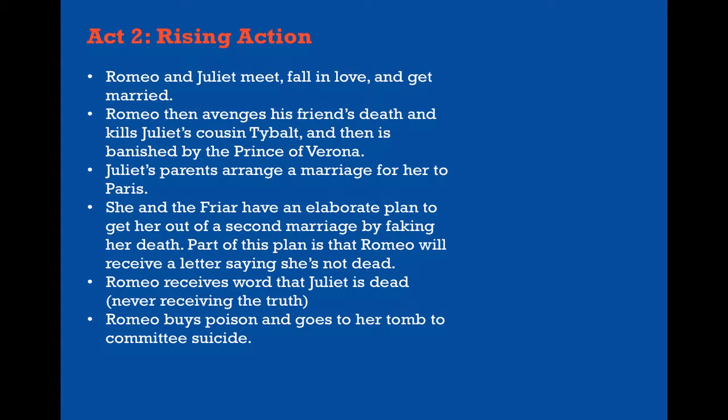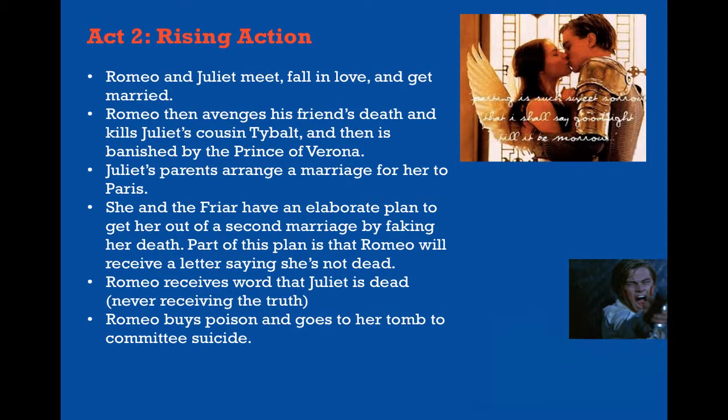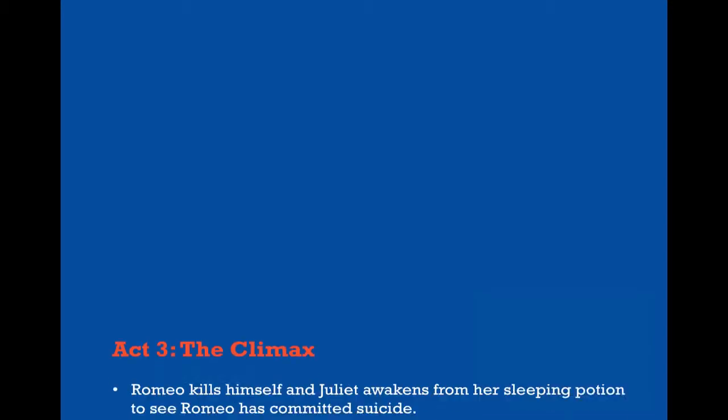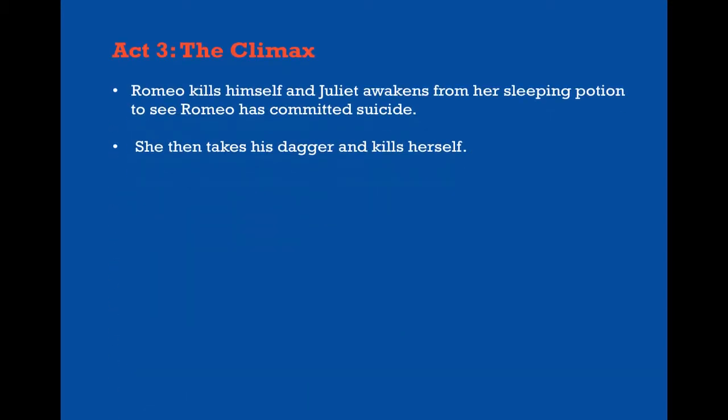Part of this plan is that Romeo will receive a letter saying that she's not dead. Romeo receives word that Juliet is dead and never actually hears the truth. He buys poison and goes to her tomb to commit suicide. Then in Act 3 we have the climax, where Romeo kills himself and Juliet awakens from her sleeping potion to